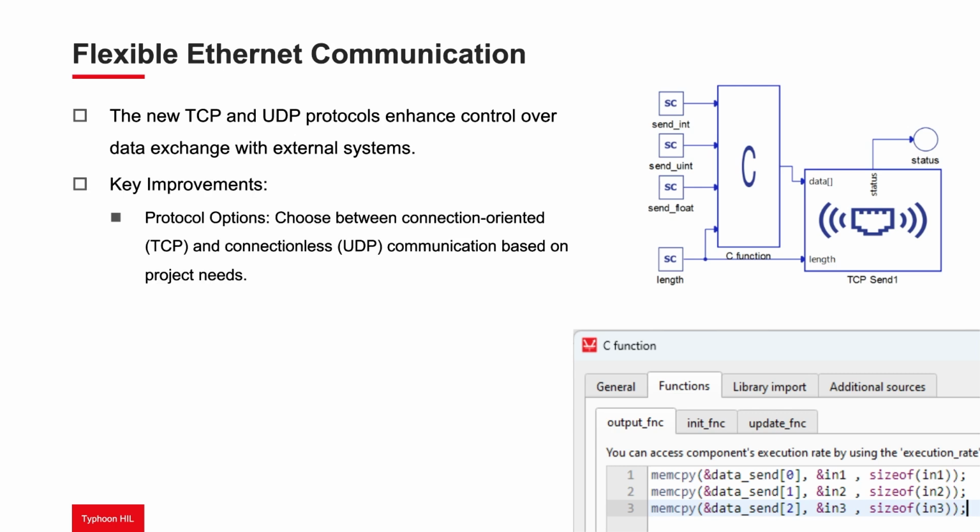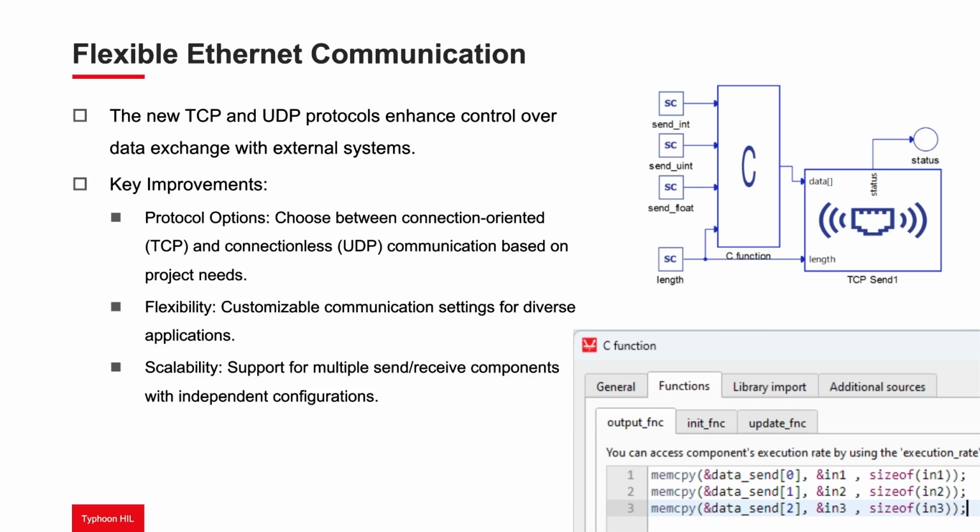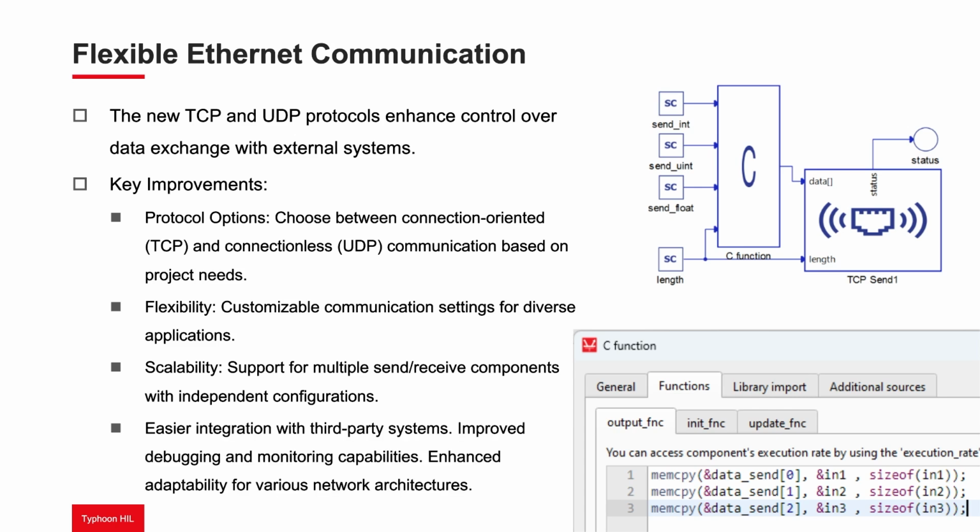Both protocols operate as bare metal applications with a guaranteed deterministic execution rate and are supported on all Hill devices. With the new additions, you'll experience greater flexibility for implementing and testing custom protocols tailored to your needs. Additionally, flexible Ethernet communication offers scalability, allowing for multiple send-receive components to be configured independently. Finally, integration with third-party systems has become easier thanks to improved debugging and monitoring capabilities, as well as enhanced adaptability